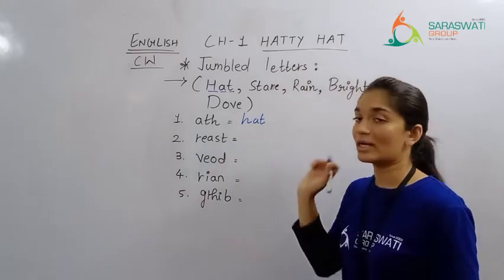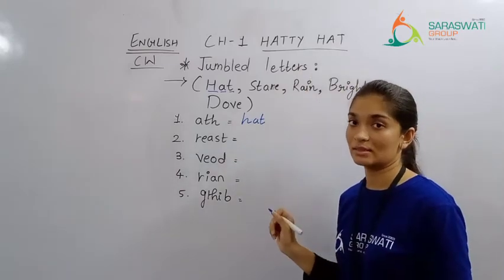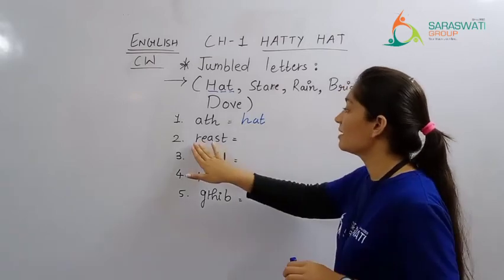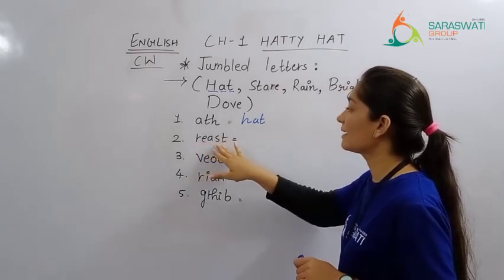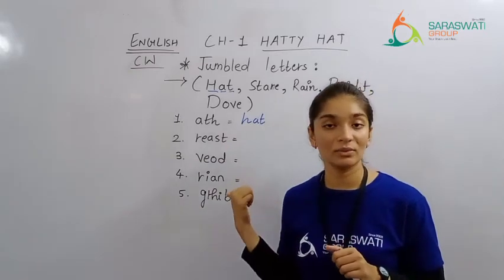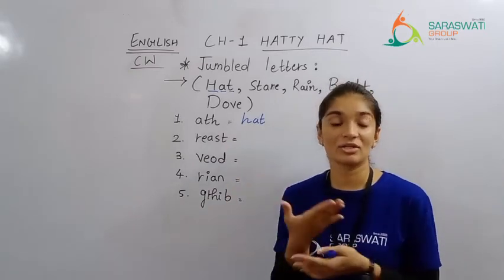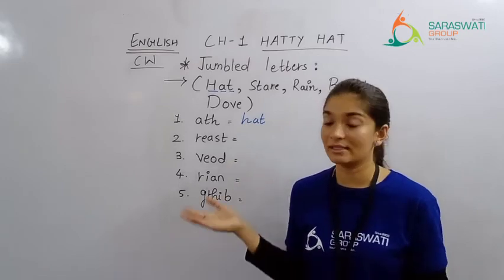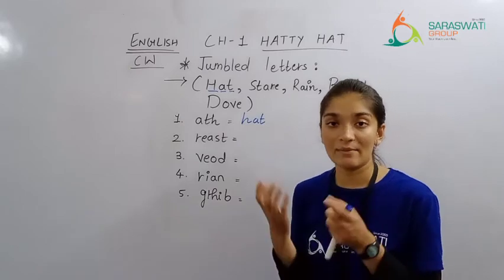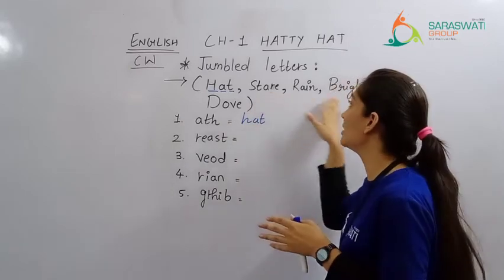So you are supposed to write it over here like this. Let's move to the next one. The word is REAST. This is a jumbled word. A jumbled word છે. એનું કાઈ sense નથી. It is not making any sense. એનો કાઈ meaning નથી આ word નો. So to arrange it in a sequence and એના meaning માટે we would be finding out the word.